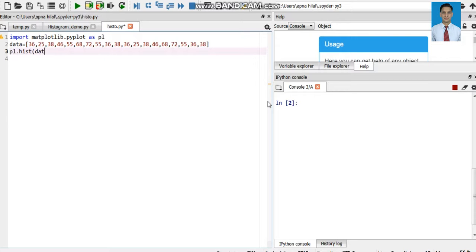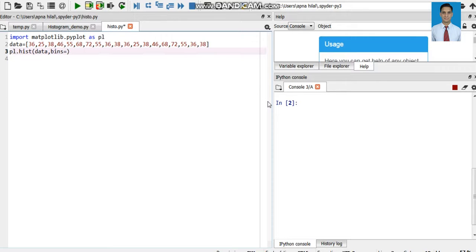The function for creating a histogram is pl.hist, and we will send as a parameter the data whose histogram we want. The next argument is the bins.